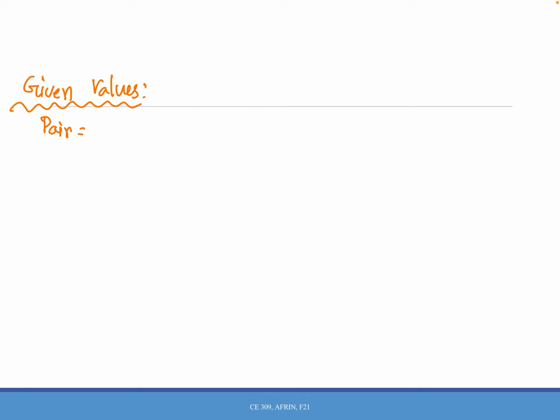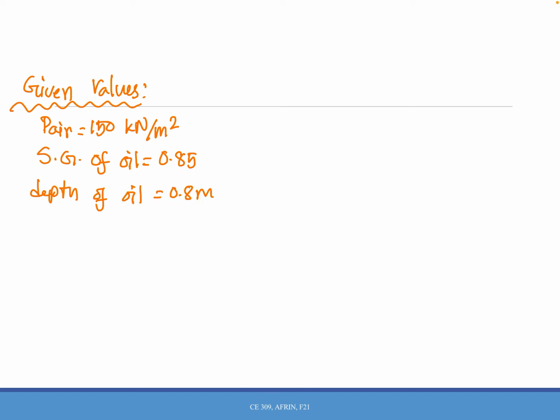P air is 150 kilonewton per meter square, which is kilopascal. Then the specific gravity of oil is 0.85, and what else? And the depth of each layer, right? So depth of oil was 0.8 meter and the depth of water is 2 meter, and you have to find